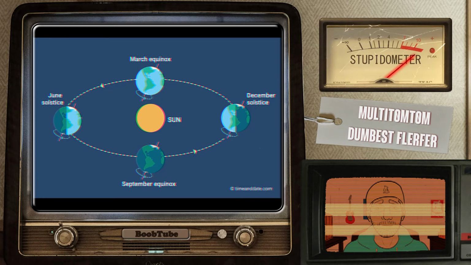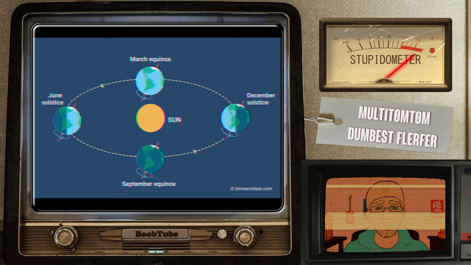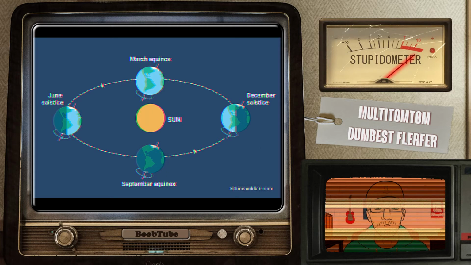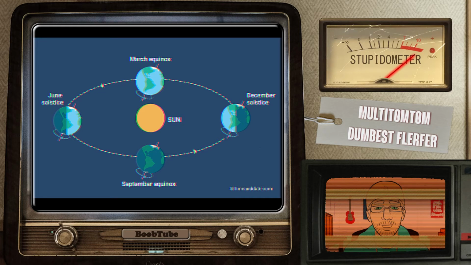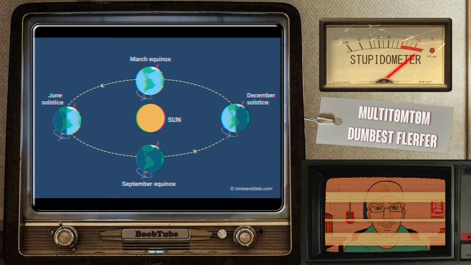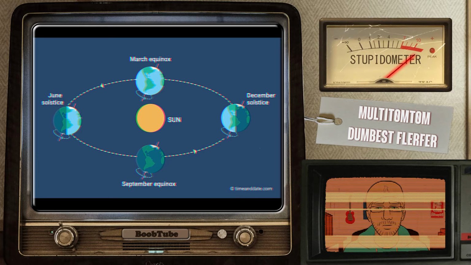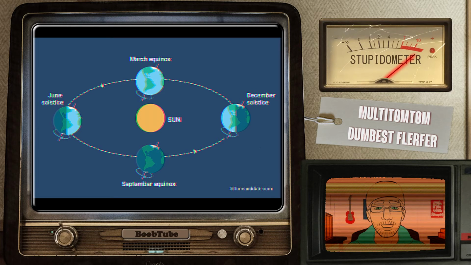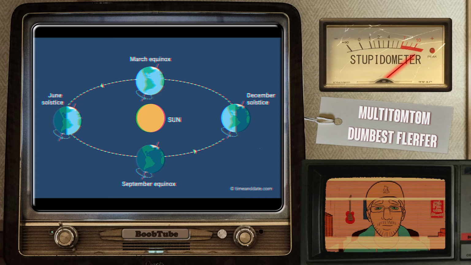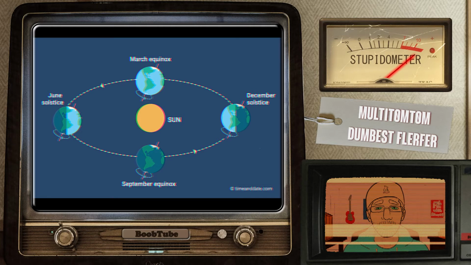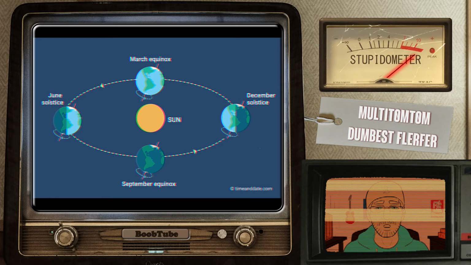What are these magic numbers? Well, 21st of March is March equinox or northward equinox, when the subsolar point appears to leave the southern hemisphere and cross the celestial equator. 21st of June is summer solstice in northern hemisphere, where northern hemisphere is at its greatest tilt toward the sun. Then 21st of September is September equinox or southward equinox, when the sun appears across the celestial equator heading southward. Finally, 21st of December. You guessed it, winter solstice in the northern hemisphere, where southern hemisphere is at its greatest